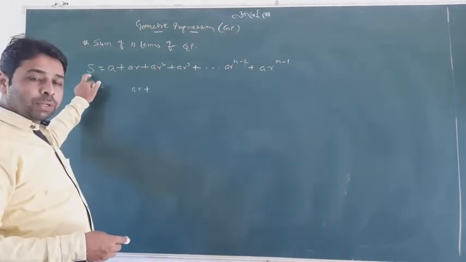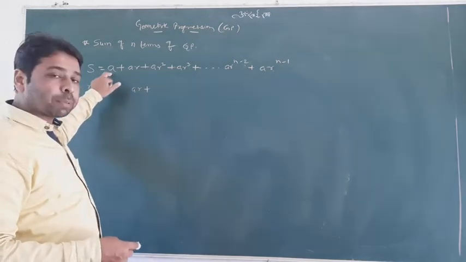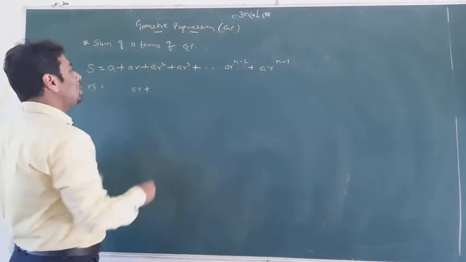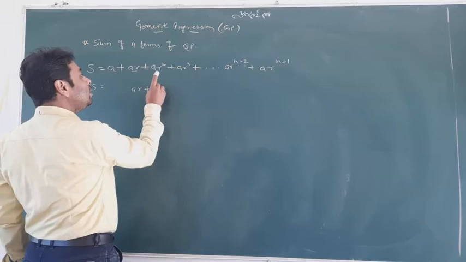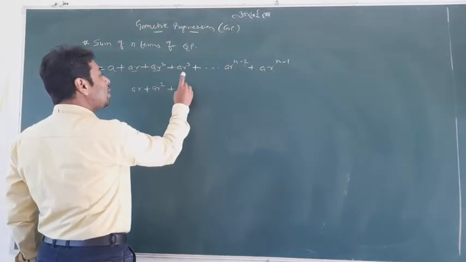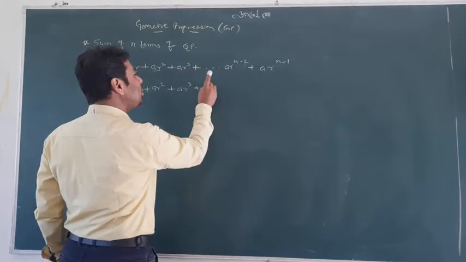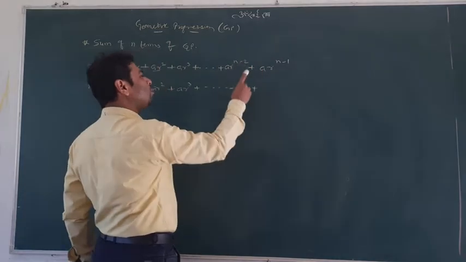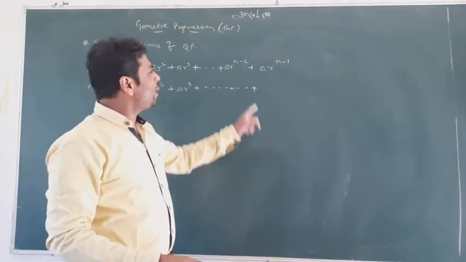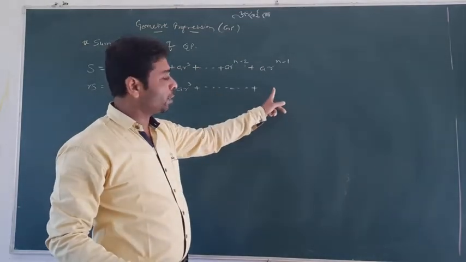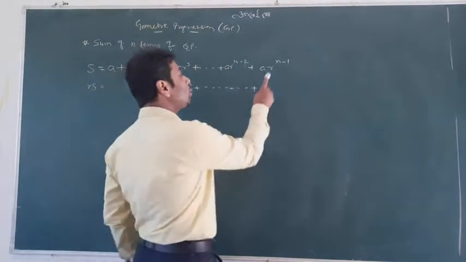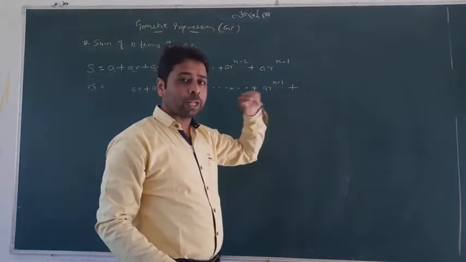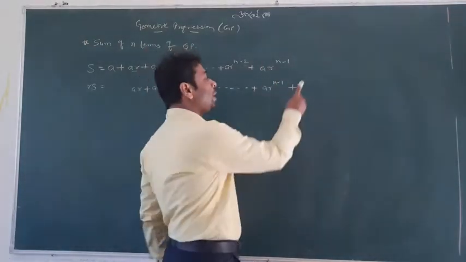When this multiplies with r, we will get the same. But when this term multiplies by r, it will be ar squared, so I am writing it just below ar. Then multiplying by r here, I write it here, and the same for all the others. I simply speak that instead of writing every term. What about here? When this term multiplies by r, ar^(n-2) into r gives ar^(n-1). And you know I dropped the first term, so it will definitely go till here. When this multiplies by r, it will be ar to the power n. That's simple.